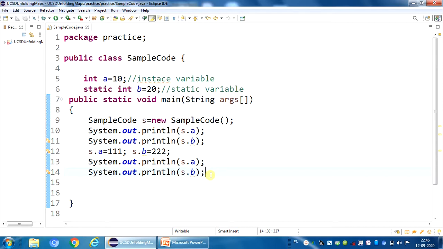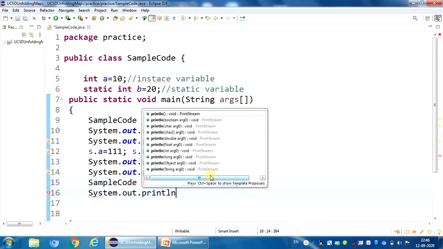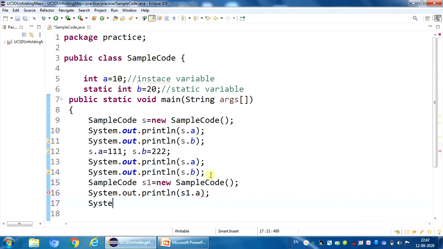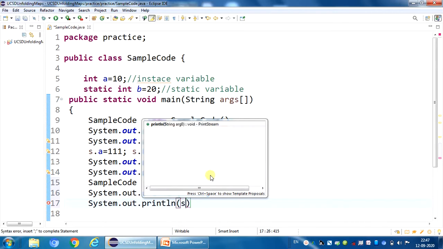See, for the instance variable, for creation of a new object, separate memory will be allocated. If I create another object, that is SampleCode s1 = new SampleCode, and try to access those variables, then you observe the difference. System.out.println(s1.a); System.out.println(s1.b);